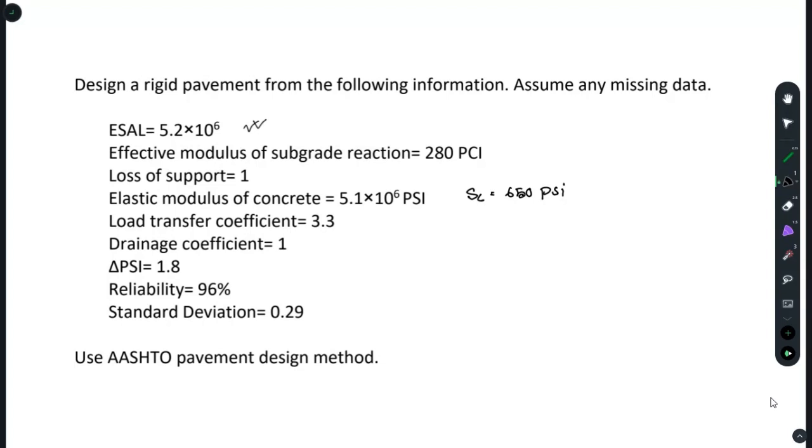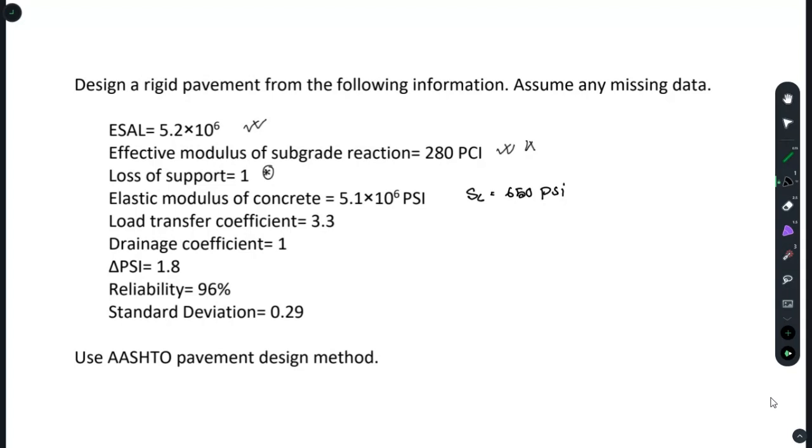We consider it in terms of ESAL, and you need to know the underneath soil condition. For that we have subgrade reaction, which we denote with kappa, and you have loss of support. Let's study a little bit of this, what is loss of support, but we'll consider it as a parameter. If I say it simply, it just says if we are considering sub base or not,